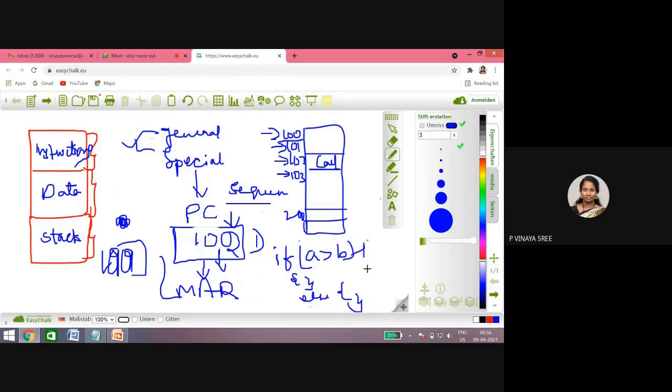If the condition is false, will it be in sequence? We need to skip all of this. If it is true, then it will be executed in sequence. If it is false, then we need to execute these other instructions, right? So in the maximum of cases, the program counter will automatically increment by 1. But in some cases, called subroutine calls, not function calls, unconditional jumps, and conditional statements, the program counter will not go in a sequence.